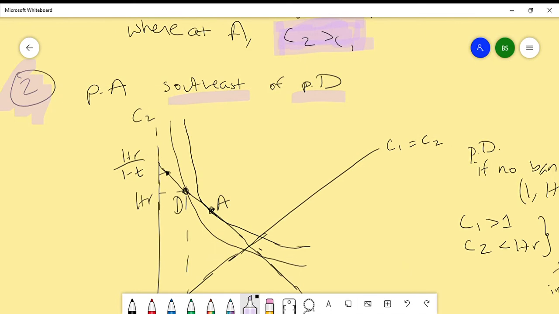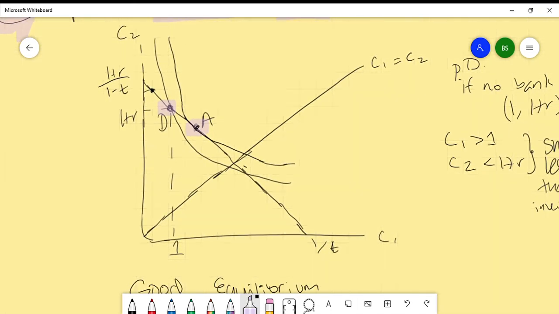So this is point A and this is point D. Point D is the original option, where you either get 1 in period 1 or you get 1 plus r in period 2. So basically in this whole thing there are two options. Either I invest it myself, maybe in a friend's business, where I would get 1 in period 1 and 1 plus r in period 2, or I give it to the bank, where the bank gives me this super cool